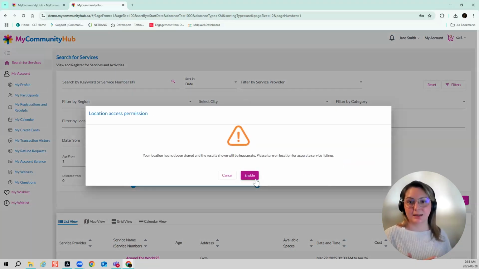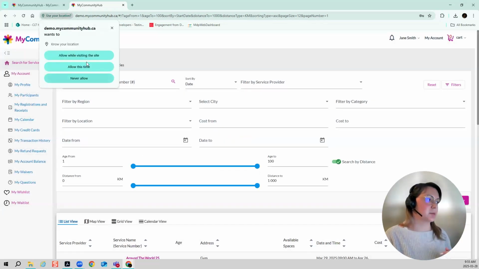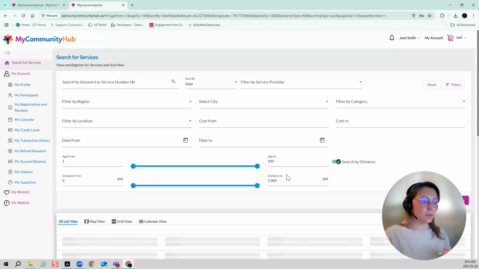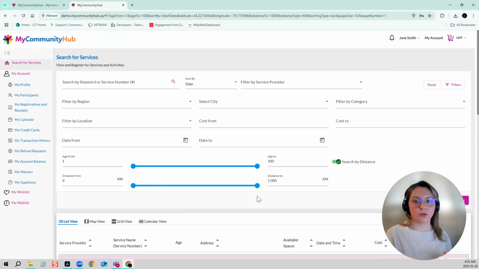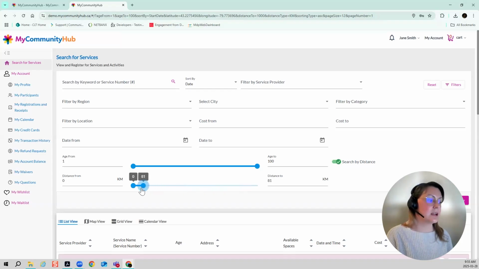So we don't automatically share location. It's something that you need to enable just for security purposes. And once I do that, I'll have this toggle up here as well, which is the distance. So I can actually go in and say, I want something that's in, let's say, a 54-kilometer radius around me, and I'll get those programs that are available within that filter.